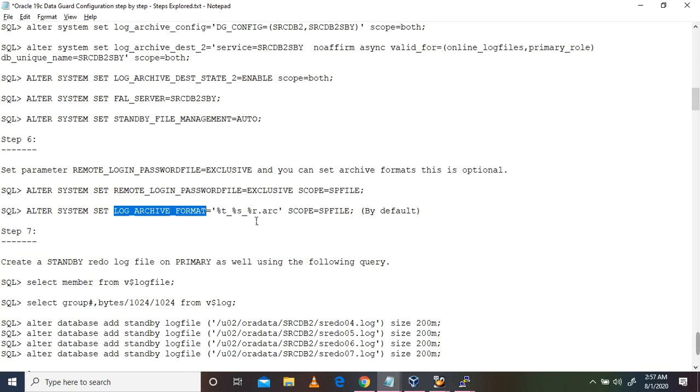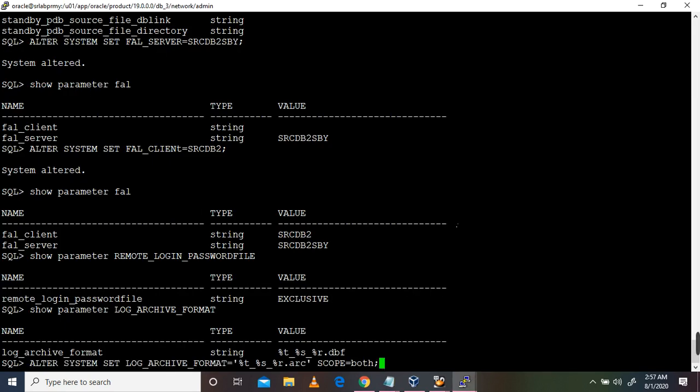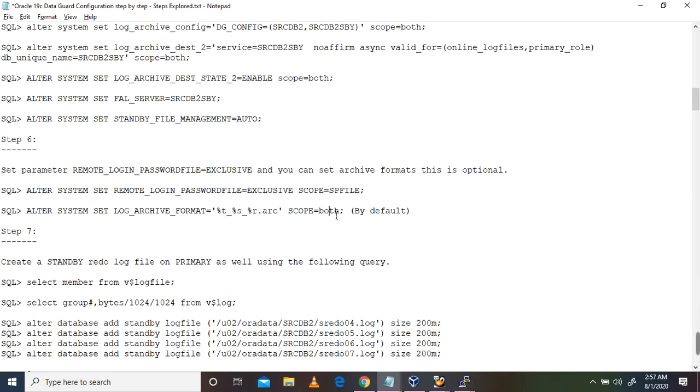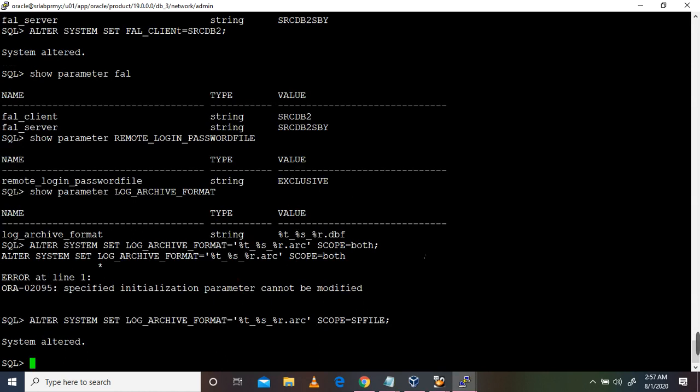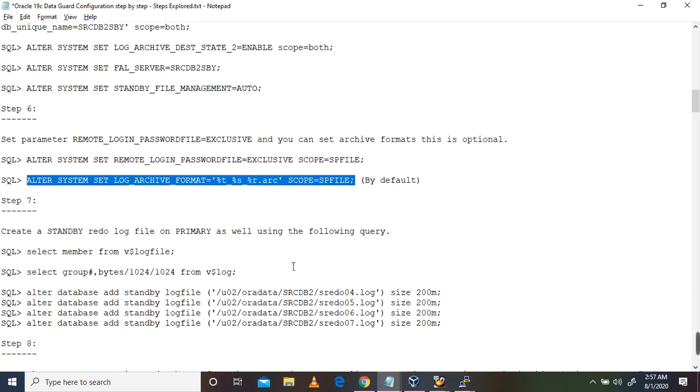So you can change it like ARC. For the file specification we are changing into ARC. It is not something we can change at the memory level. It will be in the SP file. Only on the next reboot will it take effect. Okay, step 6 completed.